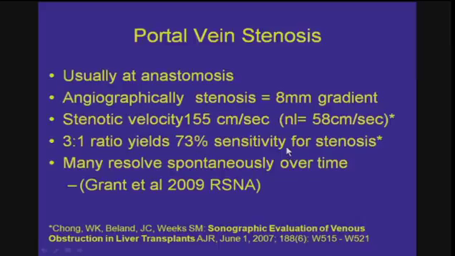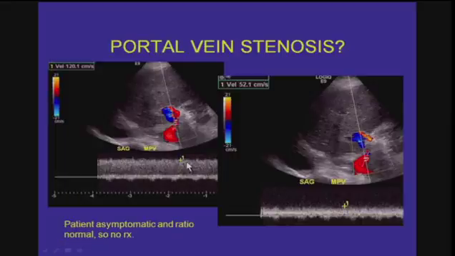But I think the most important thing to remember is that most of these are asymptomatic, and they actually resolve spontaneously over time. The anastomosis dilates up, and the mismatched areas sort of smooth out and really need no therapy whatsoever. So just here's an example. Is this a portal vein stenosis? Well, it looks quite narrow here, and you can see some turbulent flow in this post-stenotic area dilatation, but the